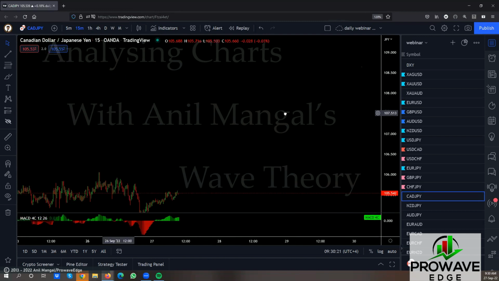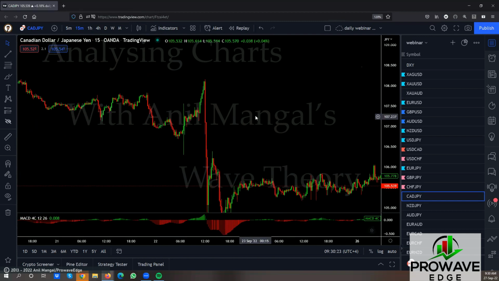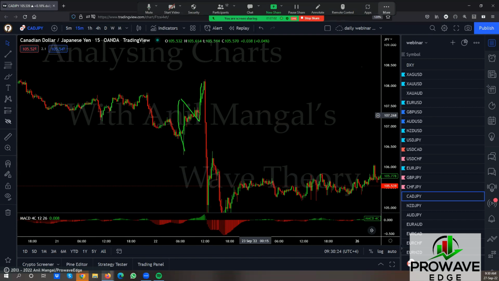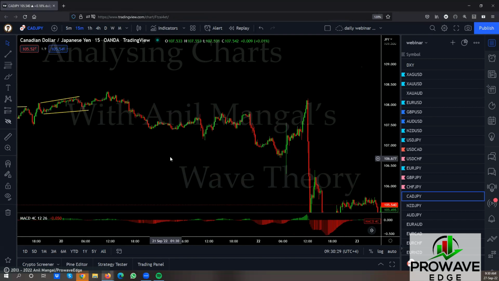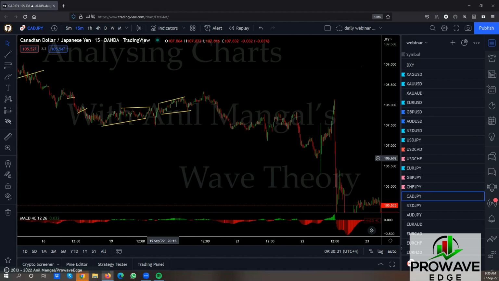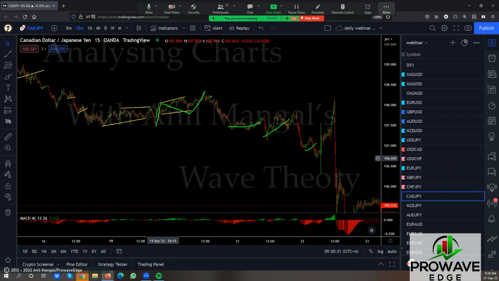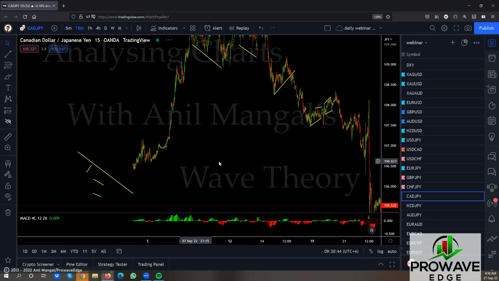Come back to that. It does have a three-wave structure itself, just like the previous one. This has the three-wave structure, right? The 1, a 2, and the 3. You could look at this as the same thing here. This had a 1, and 2, and a 3, but then you had a correction inside, you had a correction inside, you had a correction inside. So would this be some kind of a running flat? Maybe. We'll look at that afterwards.